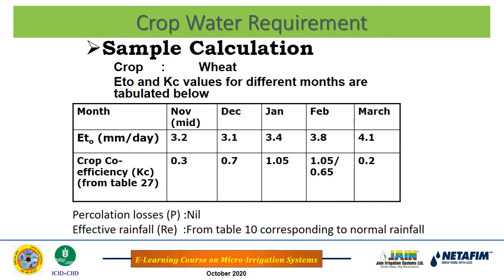Now here is a simple calculation. The wheat crop has been considered, with crop duration from mid November to March, and these ET0 values have been put for a particular place, that is per day. And then there are crop coefficients. These values are based on the initial stages, development stages, mid stages, then late development stage, and then harvest. So based on these values, how do we compute the